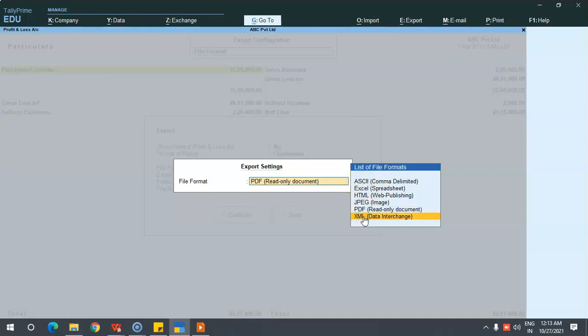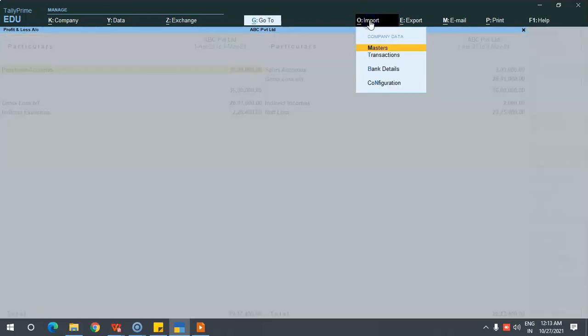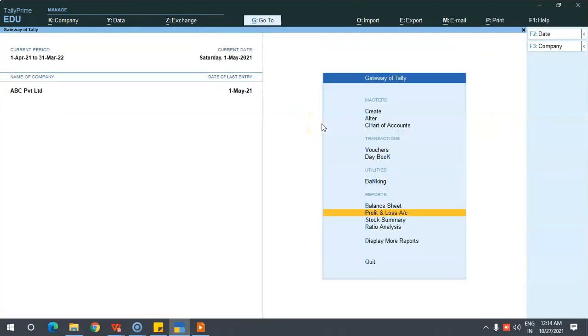If you want to export the data for importing purposes, where you export the data in one system and re-import it into another system, then you have to export only in XML data interchange format. Then only it will get imported. For import, you can select this option and import the masters and transactions.